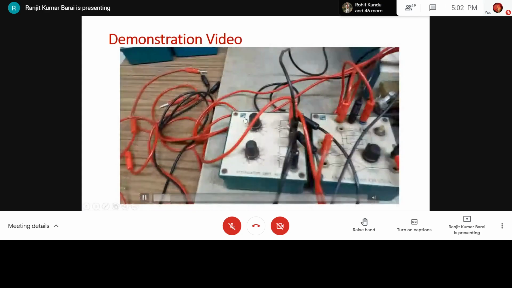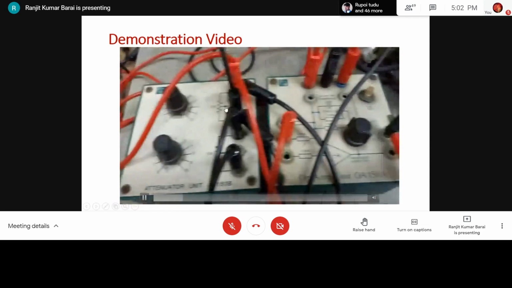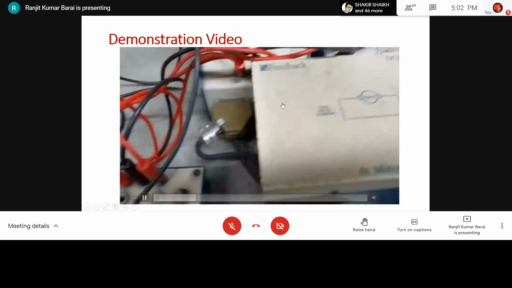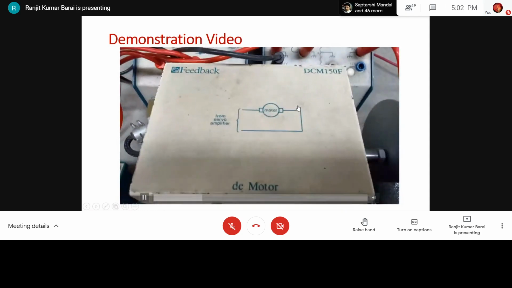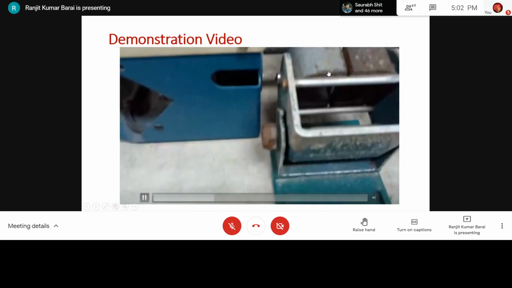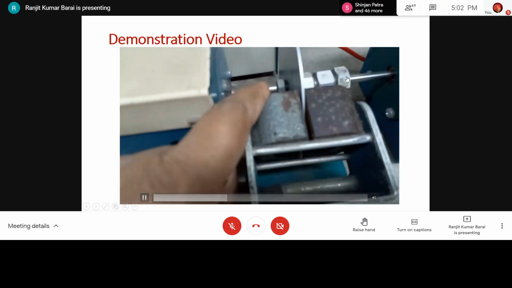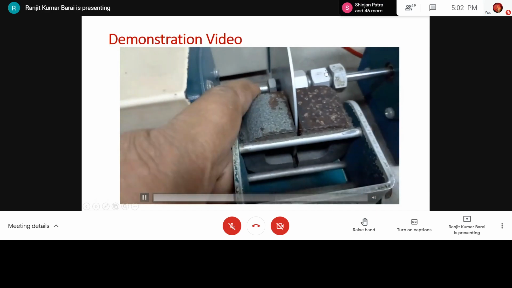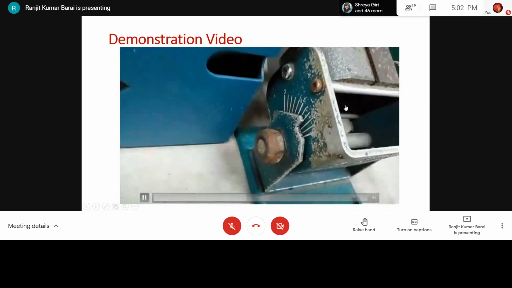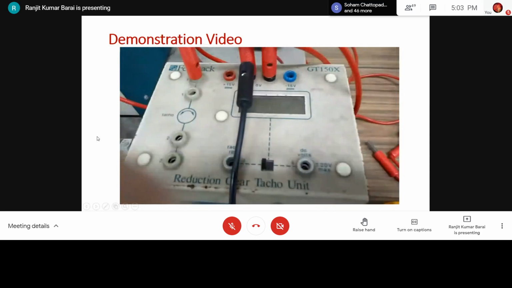So this is the potentiometer. I can vary the voltage here. This is the summing amplifier, a very simple operational amplifier circuit. This is the motor. This is the aluminum disc. This one is the permanent magnet, and this is movable. This is the shaft coupling part. See, this is calibrated. The shaft coupling, although it is shown in metallic, inside there is a rubber bushing.